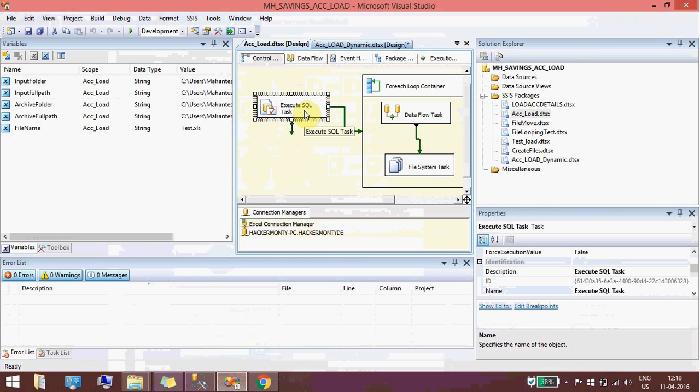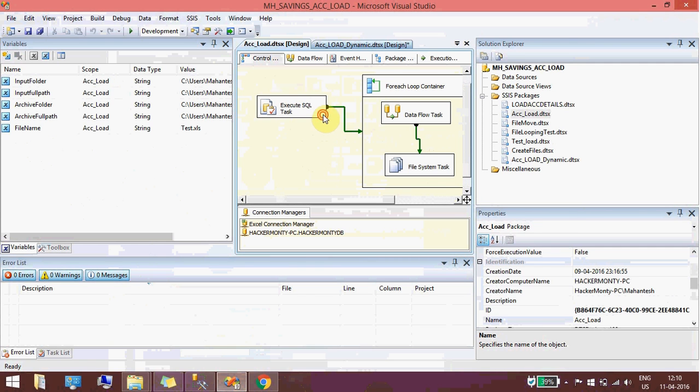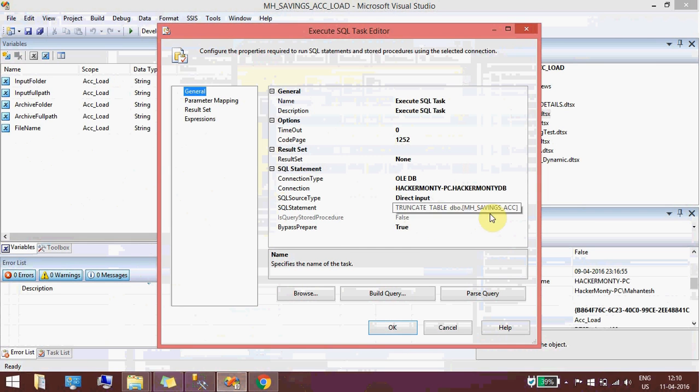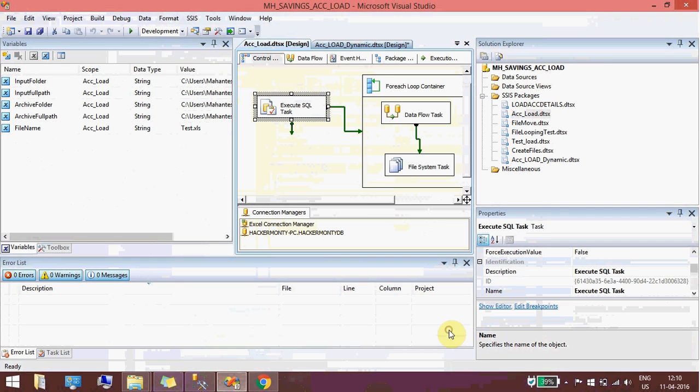This is one SQL task. Just for my reference, I'm truncating before the load whatever data has been loaded, so I can understand what exactly is happening there.